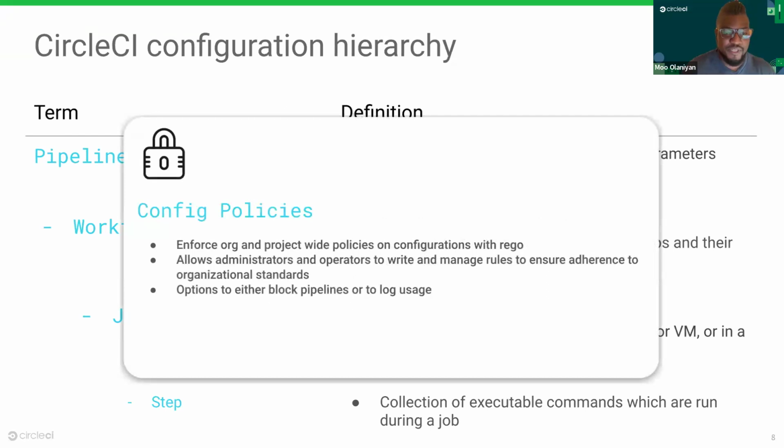Now, while all of this is really great for empowerment, it can certainly raise some eyebrows when you talk about the access that these teams have. So on top of our configuration files, we layer what are called config policies. Config policies are the lock that security and central app admin teams can layer on top of the use of configuration files. It's org-wide, it's administratively controlled, and it is an automated engine that defines what is allowed, reserved, or restricted from developer behavior. Anything in that configuration file can be inspected along with some key metadata, for example, like what branch we're on. And you can go ahead and restrict certain things based on that.